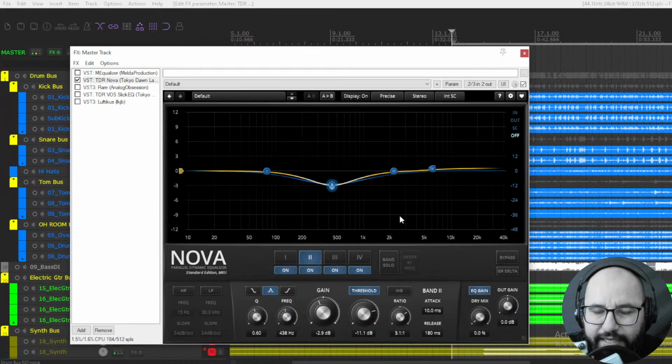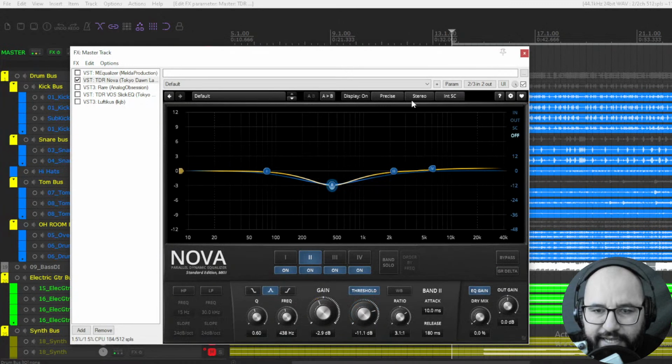Super cool. You can use it on vocals to remove some S's and stuff like that with the same concept of the dynamic EQ. Yeah, amazing plugin. Also, you have this delta where you listen to the gain reduction, the compression, right? Only to that. Super cool. Can't believe this plugin is free.